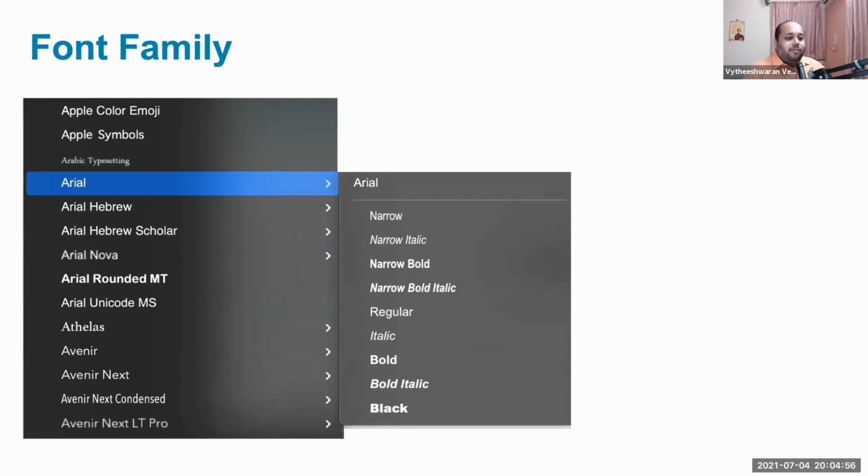In Word, for some fonts you will see this small arrow over here. That is especially there for Arial, which I've shown because it's a very common font. When you see this arrow, you have different versions of the same typeface. This is called a font family.